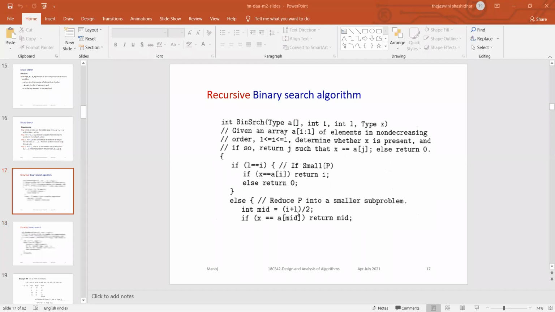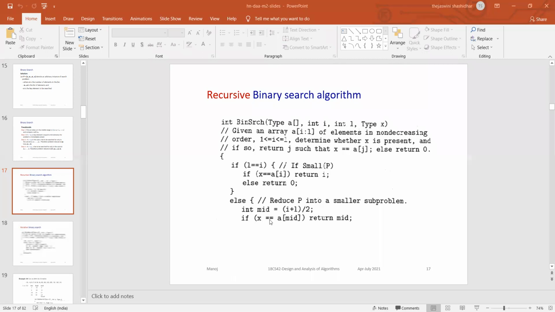Okay. So are you having any lesser than, greater than? Are you doing anything else in this particular algorithm? So here you are having the last and first element. If it is only one element, you will return. If not, you will reduce the problem into sub-problems using mid, that is first and last.